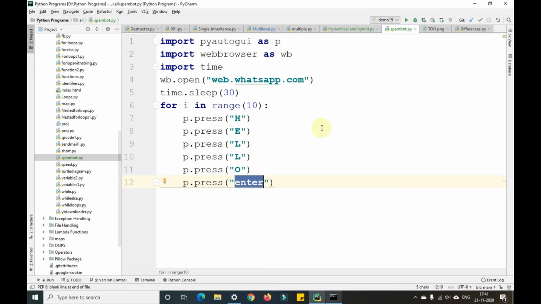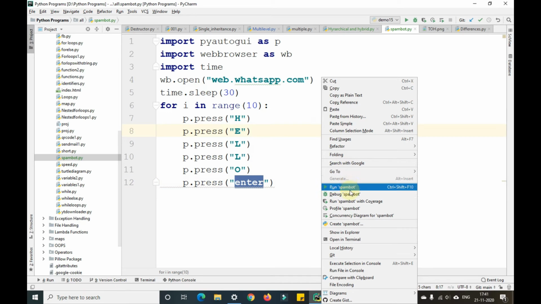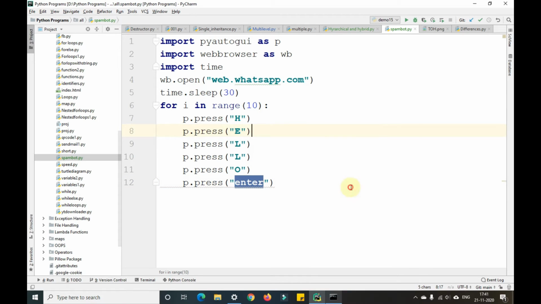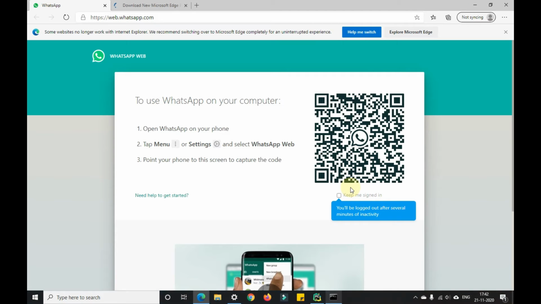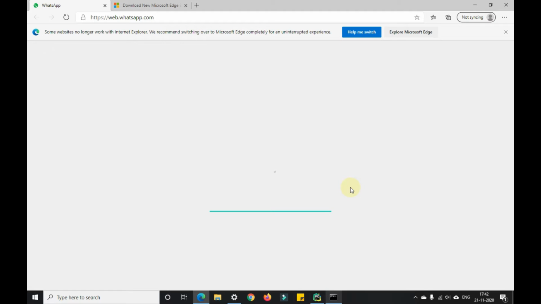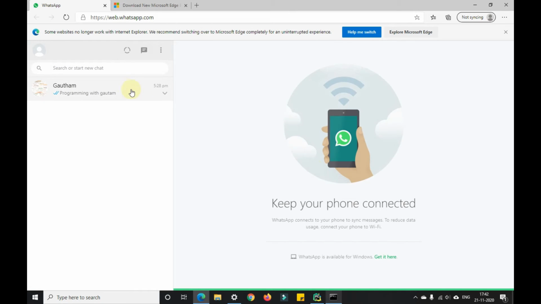So now let me run this program and log in on my WhatsApp, so that it will automatically send this spam. It will spam automatically for 10 times. So by default it is selecting my Edge browser. Now let me log in. As you can see, it is logged in here.